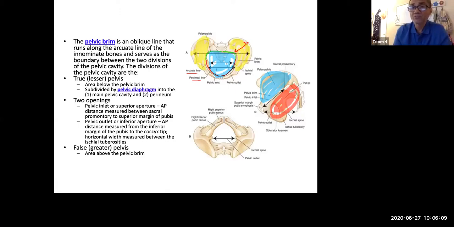And your true pelvis, or the minor pelvis, extends from the brim to the coccyx. There are lots of organs that are located where? In your true pelvis, the small one. For example,